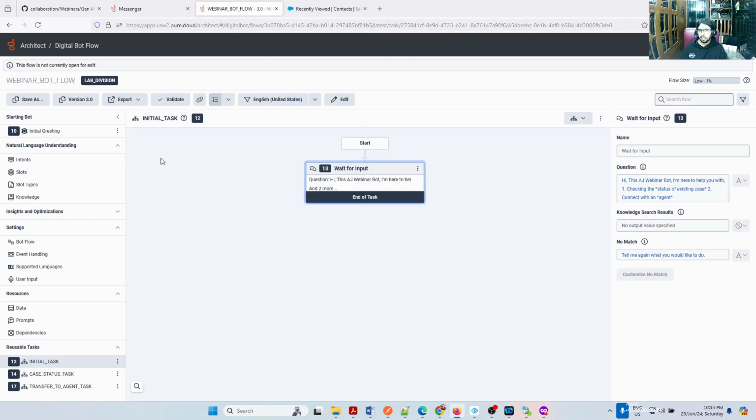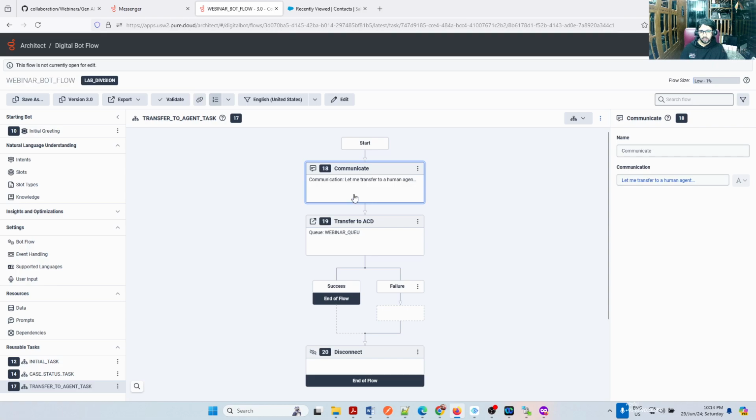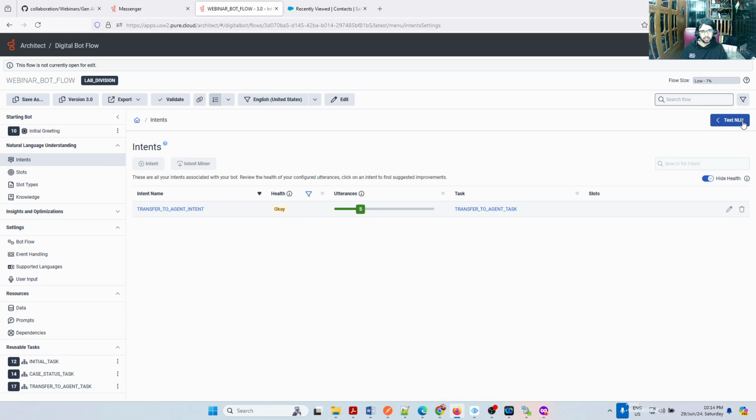In the initial task, we are waiting for the user input. That is correct. And then we have a task for transferring to the agent. It says okay. Now we can test the intents, by the way. There is something called test NLU.